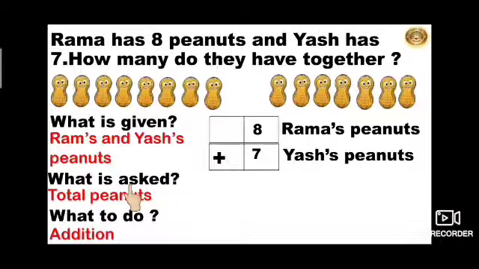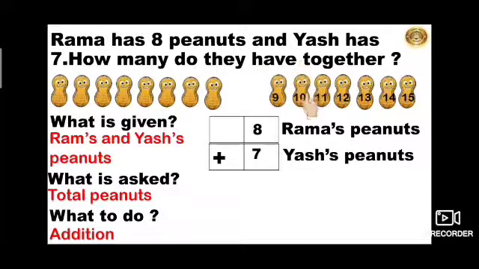Then, they ask how many peanuts they both have together, means you have to do addition. For addition, we will count forward from the greater number. That is 8. 8 is a greater number than 7. Then we have here 8 peanuts. So we have to count forward as many steps as the smaller number. So we have here 7 as the smaller number. So you have to count forward from 8,